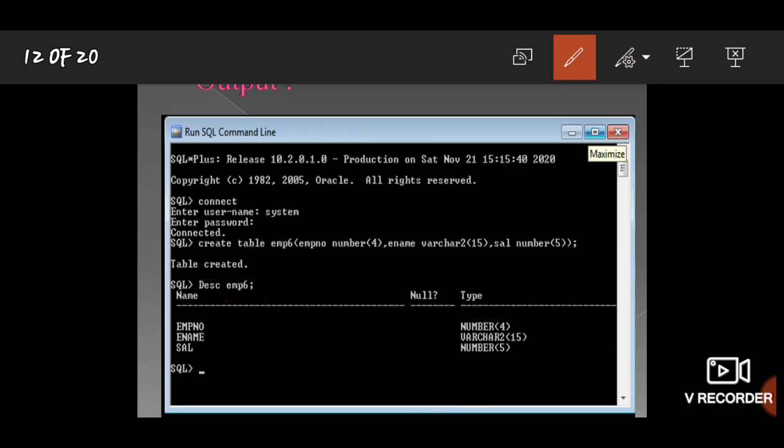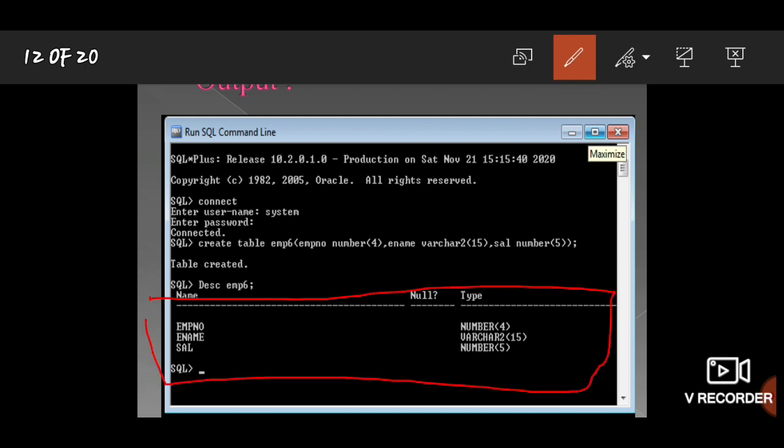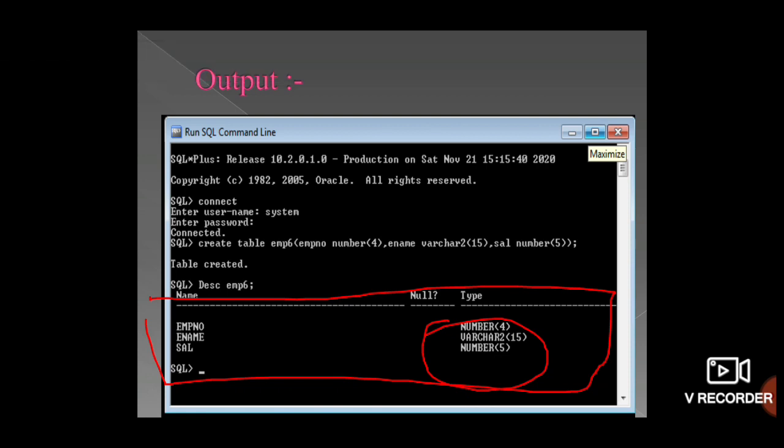From here you can see the table has been created, with the attributes employee number, employee name and salary, and the sizes as I told you, all written here. In this process you execute your program and create a table, right?